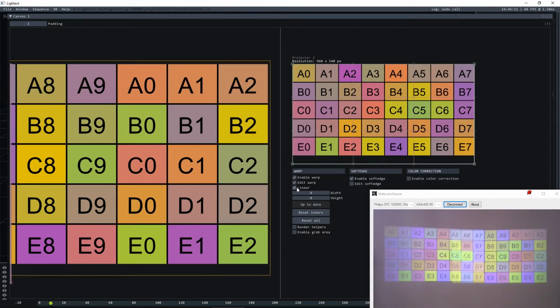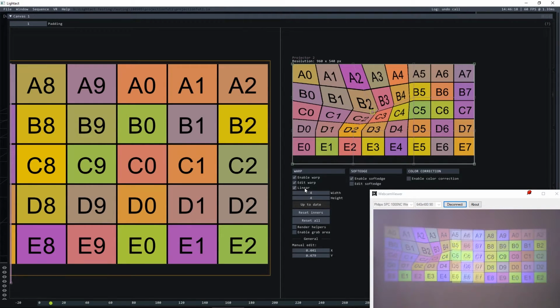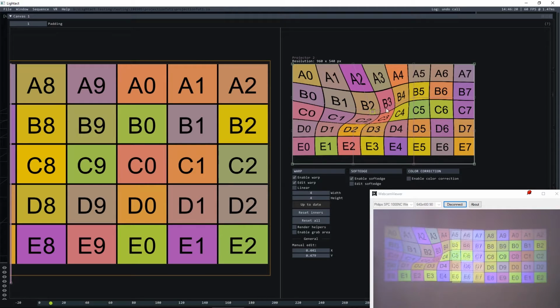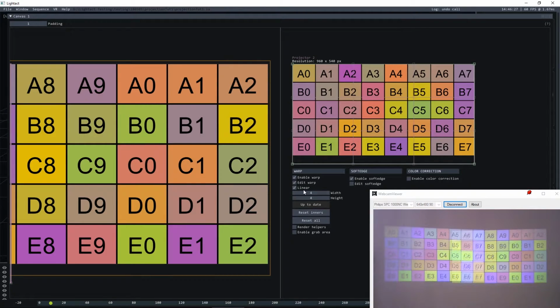Great. And there's one other thing. There are two types: one is linear and the other one is non-linear. Non-linear is great if you have curved surfaces. We don't have that, so we don't need that. Since I'm projecting on a flat wall, we could have actually eliminated all the inner points, because all we need